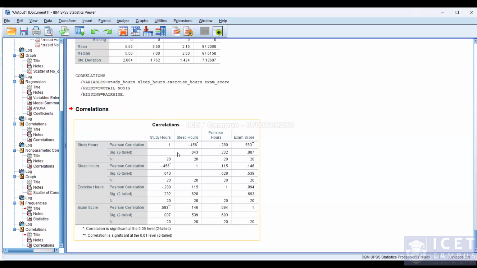Right? So you can see here the relationship between study hours and sleep hours. Negative relationship, that's okay. Right? So it means if the study hours increase, the sleep hours decrease. So that is a negative relationship. Good. Then exercise hours, it means the value is